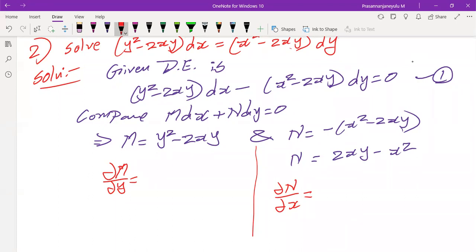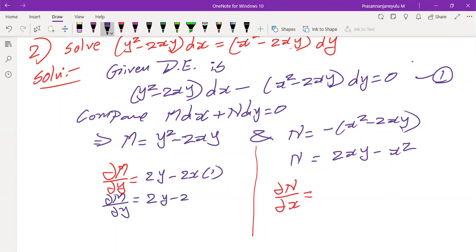You will get confusion only in dou M by dou y or dou M by dou x. That is the confusion. Always observe it, M is the coefficient of dx. So partially differentiate M with respect to the y variable. While we are taking the partial differentiation of M with respect to y, treat x as constant. So y square differentiation is 2y, minus 2x is constant, differentiation of y with respect to y is 1. So finally we are getting dou M by dou y is equals to